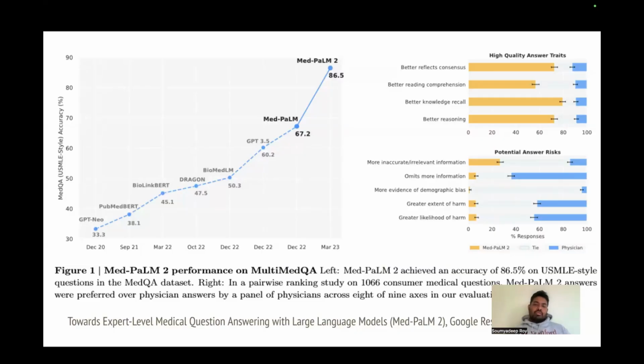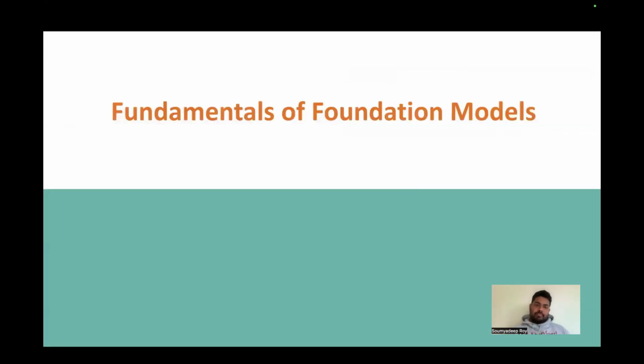You have to also show results on the other axes, like consensus, and safety or risks, like what is the likelihood of harm, what is the extent of harm, and what demographic biases exist. So it is not just accuracy, but also other axes that you have to evaluate on. So let me briefly go to the